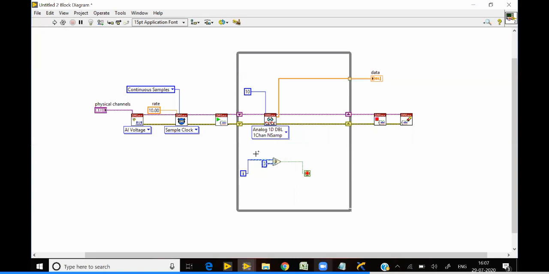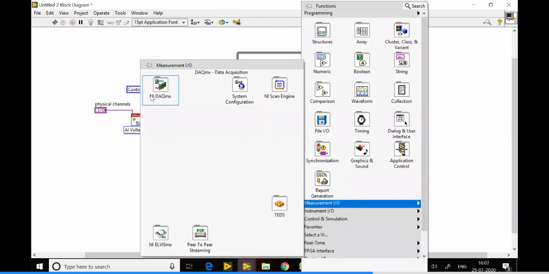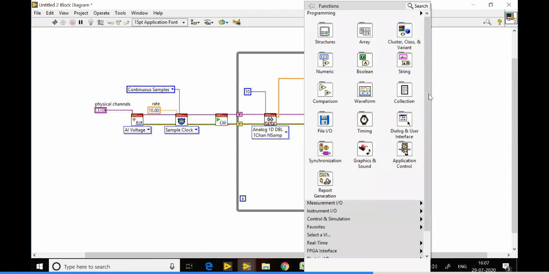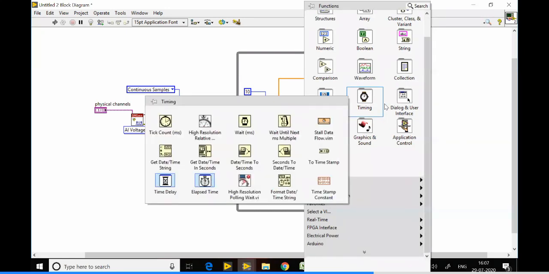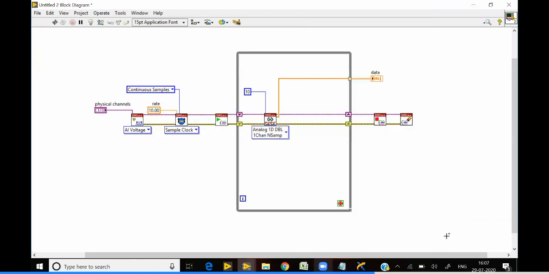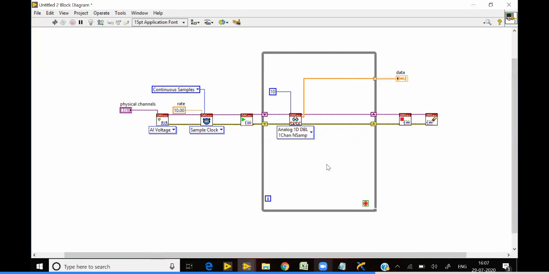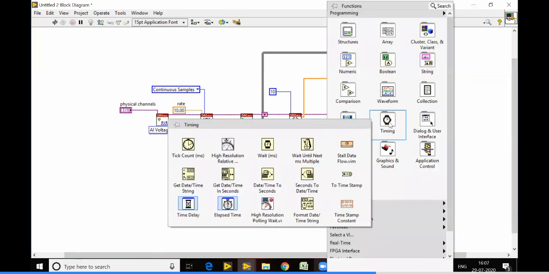The same one, I'll explain with another timing function. This function is called elapsed time.